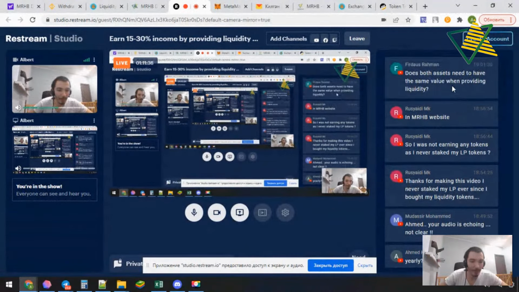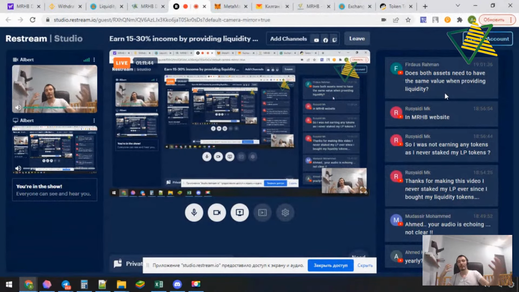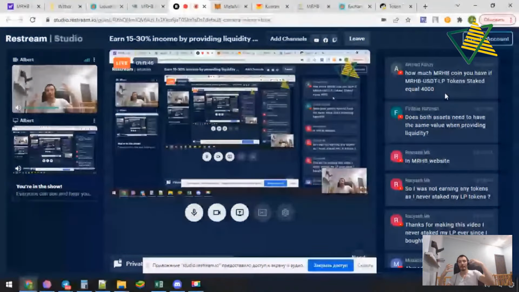Does both assets need to have the same value when providing liquidity? Yeah, if you are providing 100 USDT, you should provide 100 USDT worth of MRHB tokens.